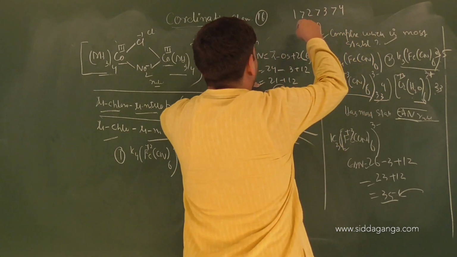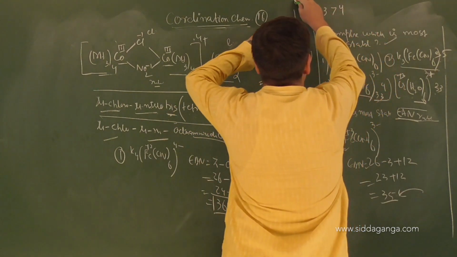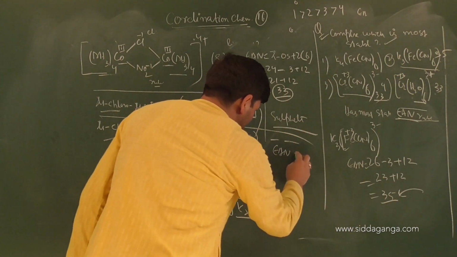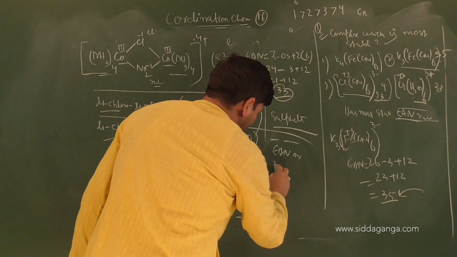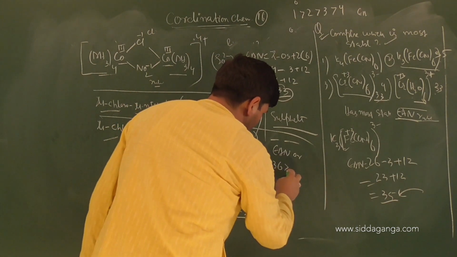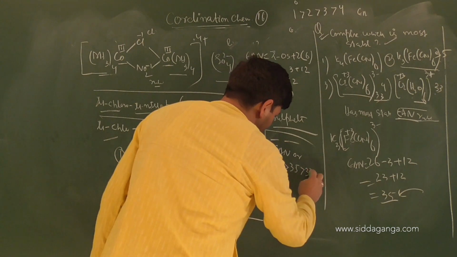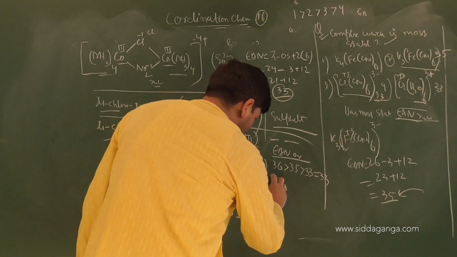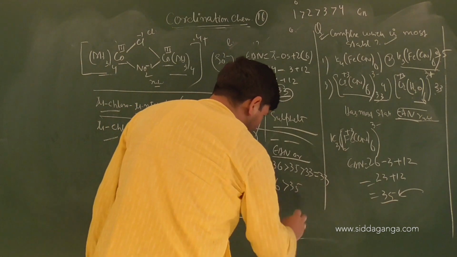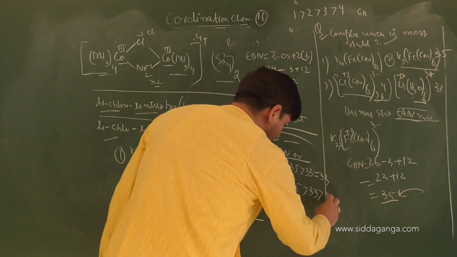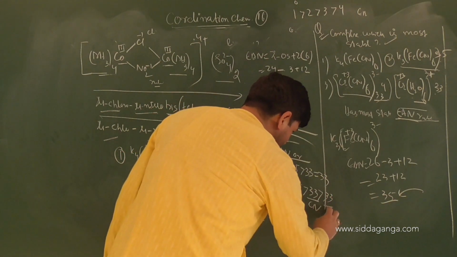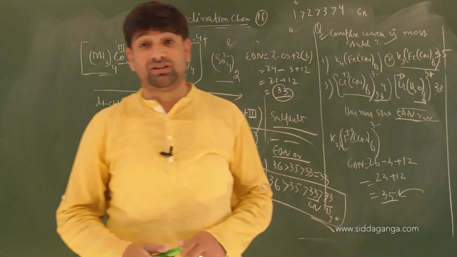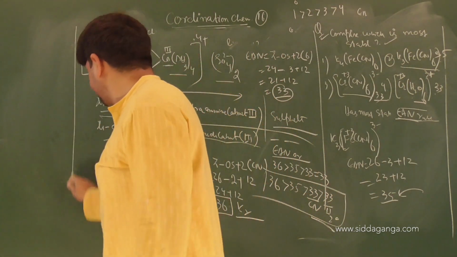And what will be the order of effective atomic numbers for this? The effective atomic number order will be 36 more than 35 more than 33 equal to 33. That is the effective atomic number order. But what about the stability order? That will mean 36 is more stable than 35, more stable than 33, more stable than 33, because this is under CN and this is under water, because of ligand differences. These are extremely good things that you need to understand, children.